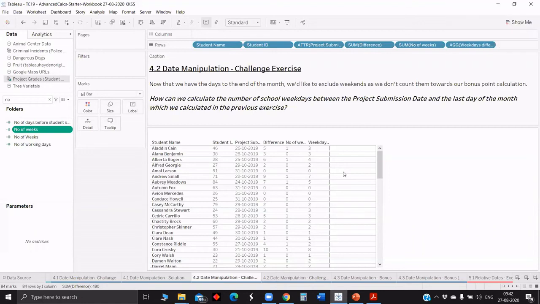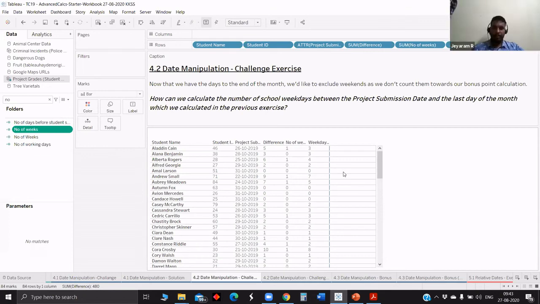No, I submitted it on Saturday. Sorry, submitted it on Monday. Our project submission date is on Saturday. Oh, you mean you submitted two days after or before? Before, on the same week. Right? So it says you submitted your project 6 days earlier. Okay. But number of weeks is 0 because both the days are in the same week.